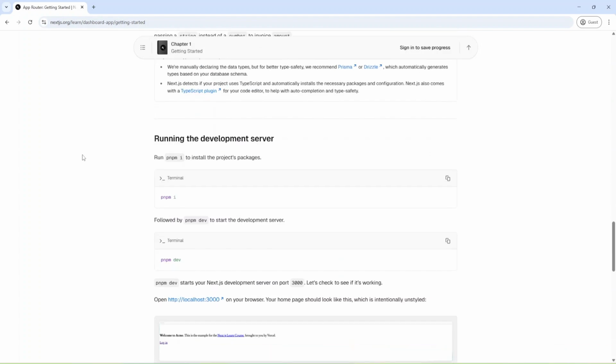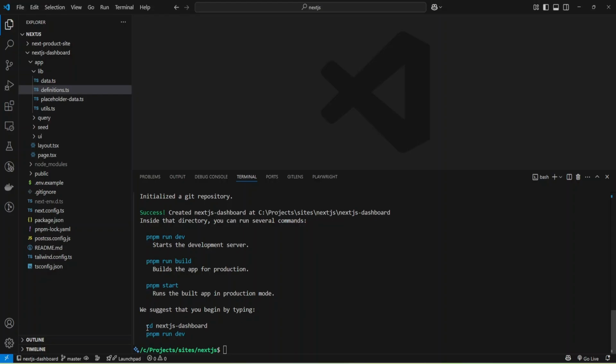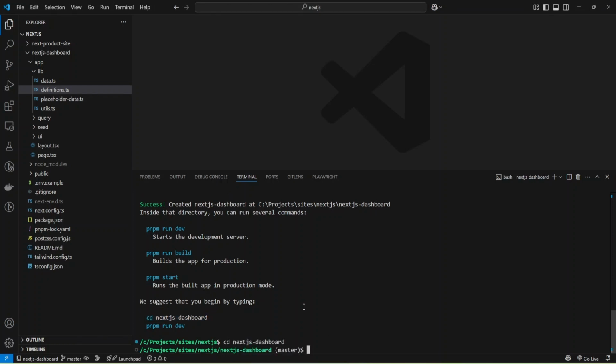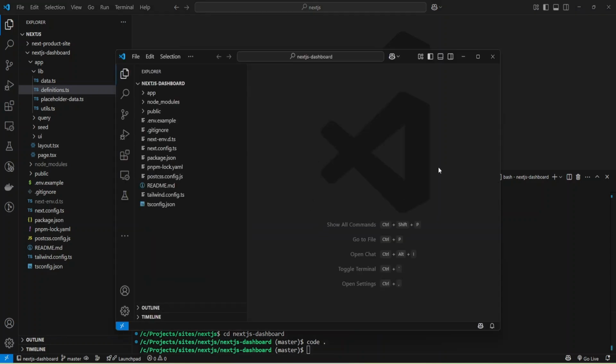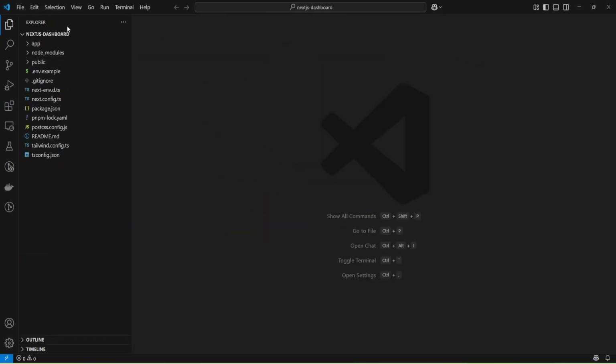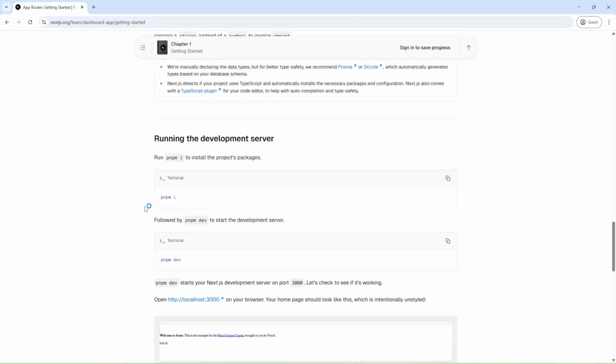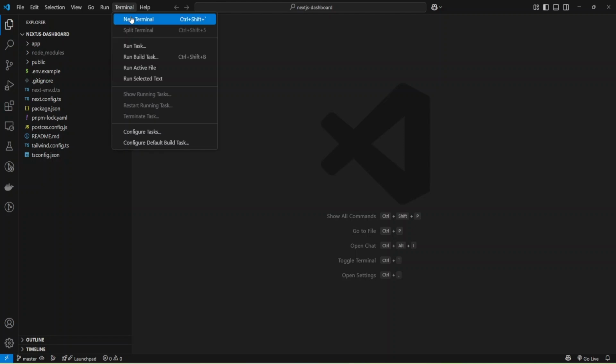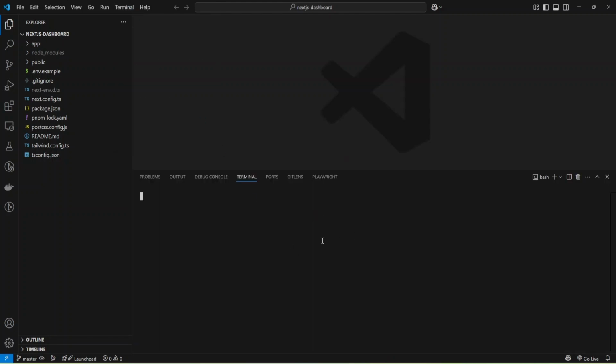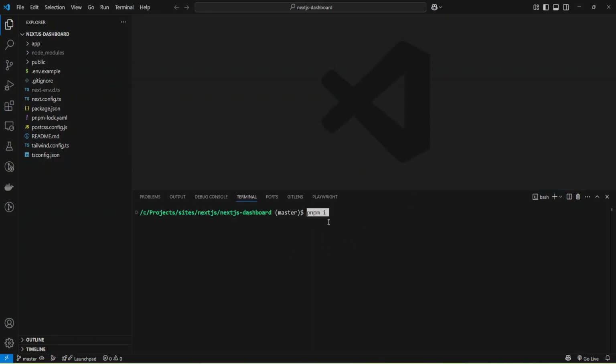And now let me go to the project with the cd command, and I'm going to open a new Visual Studio Code window. Okay, and I have only one project here, and now we can install dependencies. I'm going to open the terminal here in the new window and install dependencies.